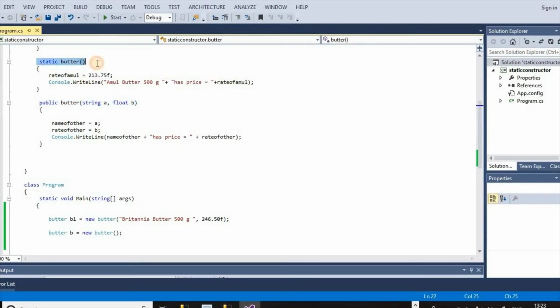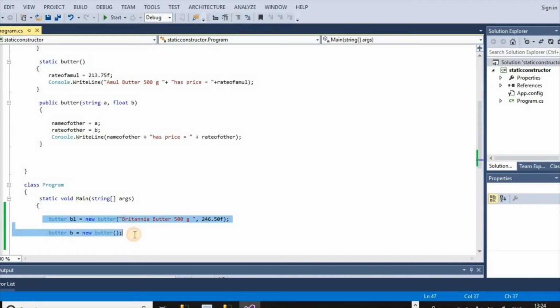For execution of this static constructor, there is no need of a specific object. There may be any object, only the first instance of an object is required. And after that, the static constructor is invoked automatically, and it is invoked only once. It is not called again and again.